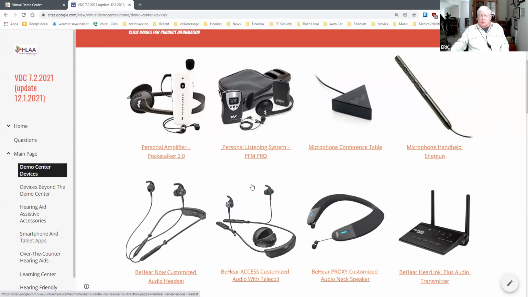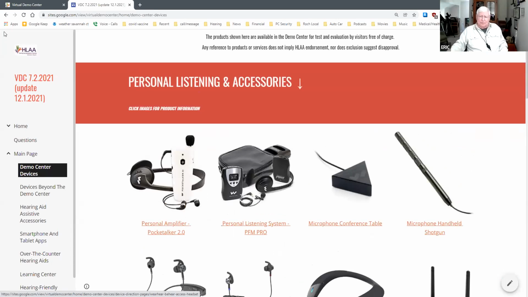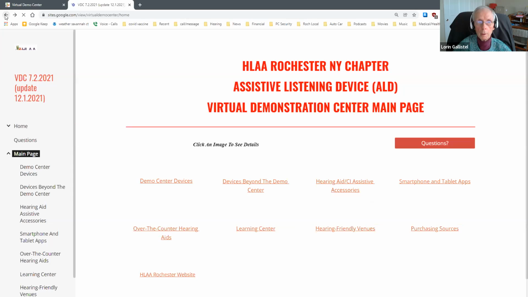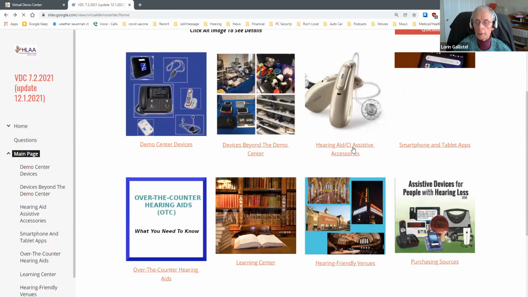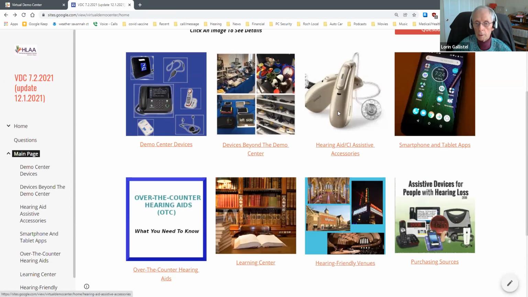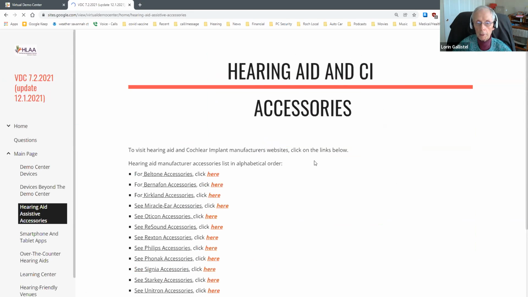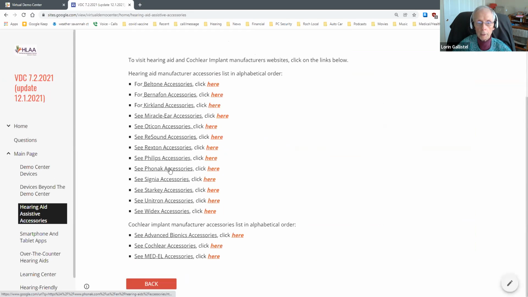Lauren, given George's question, you may want to again illustrate how you get to the major makers' pages to show what they offer. For instance, there's a description of the TV connector on the Phonak page. That's a good point. I'm going to go back up a level, and then we will look at hearing aid and CI assistive accessories. These are the accessories that are available from the manufacturers themselves. So if we look at Phonak,